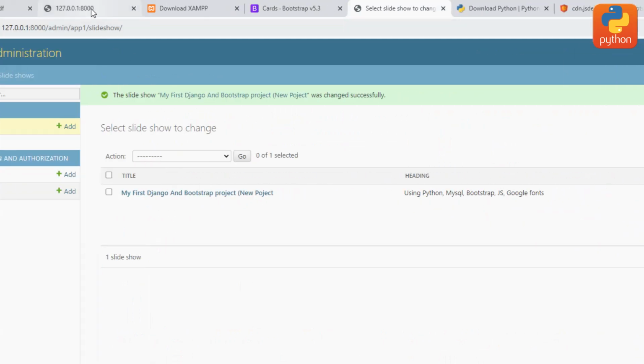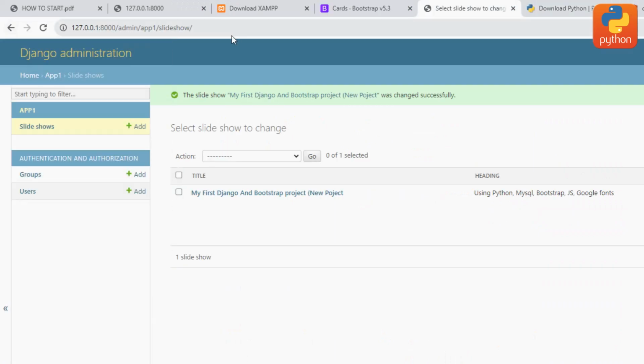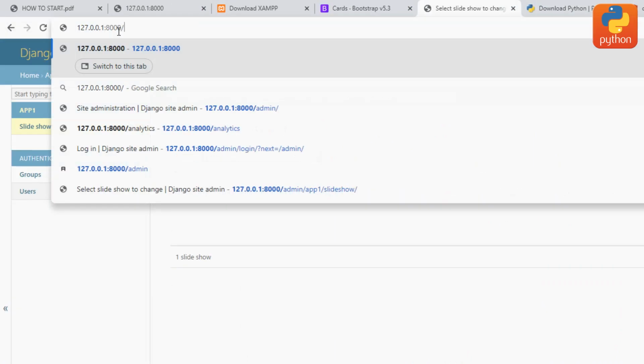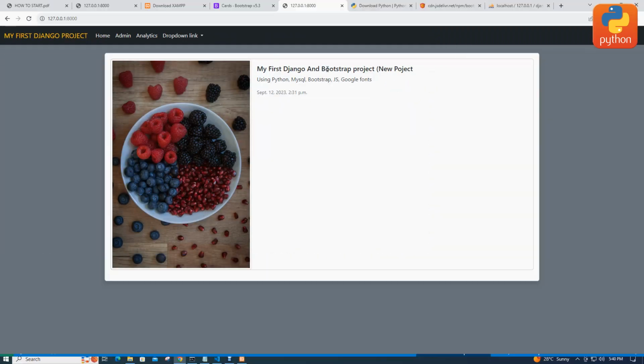Okay, so nakuja katika my project, there's a project. Okay, so now run my project. Okay, so now you can see image has been changed. Okay, my first Django and Bootstrap project, new project, and image has been changed. Okay, so now